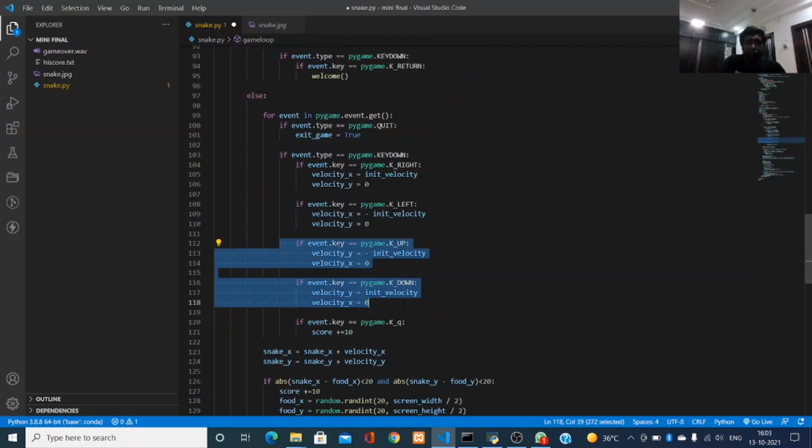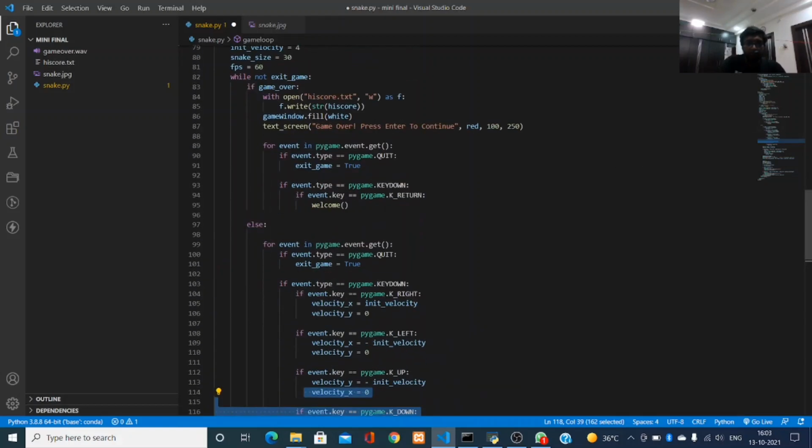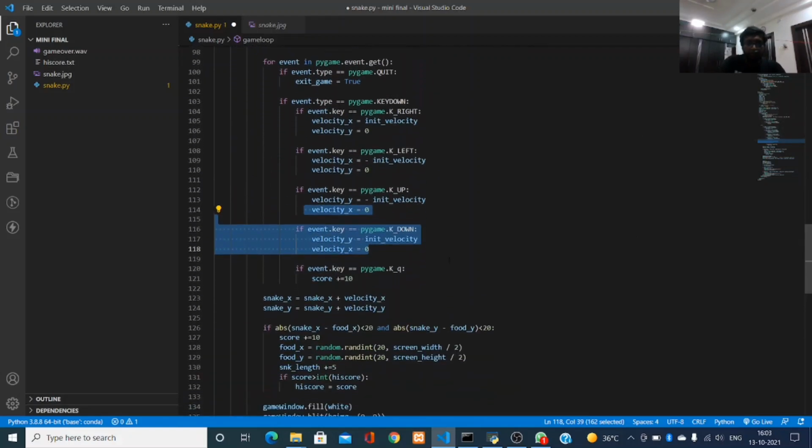Same as the up and down key. If the user presses up or down key, the snake will go up or down. The x-axis will be 0. Then we have given snake x equal to snake x plus velocity x, and same as the snake y.